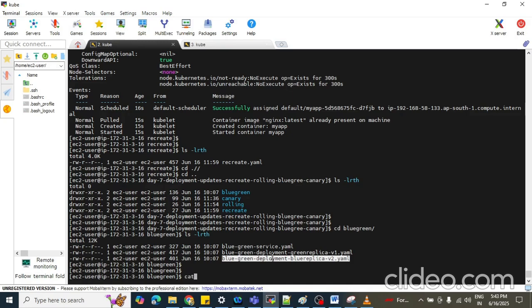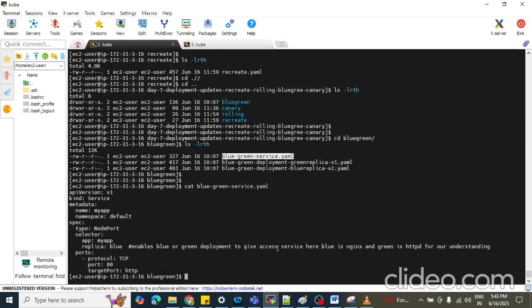Let me show you the service part. If you cat this service file, what you can observe here is that we are pointing to the blue side. If we require the green version, we simply need to change it here to green. We need to update the service selector, and you see it will simply switch to the green version.